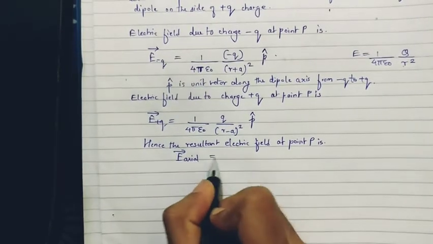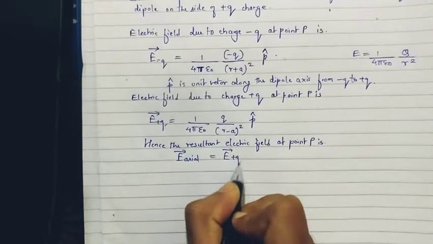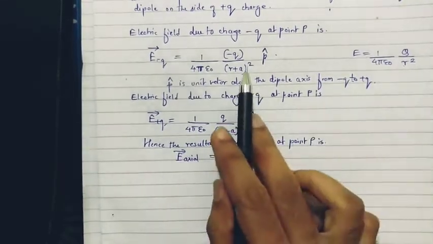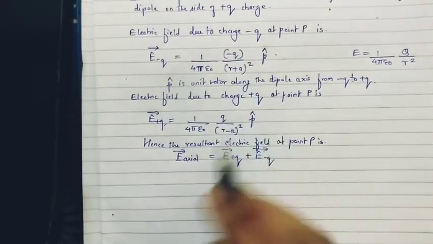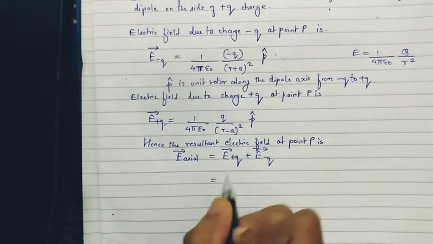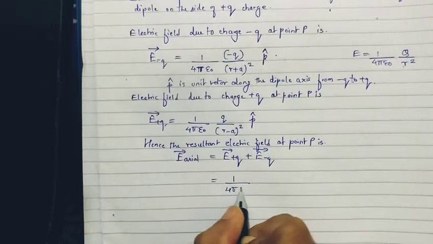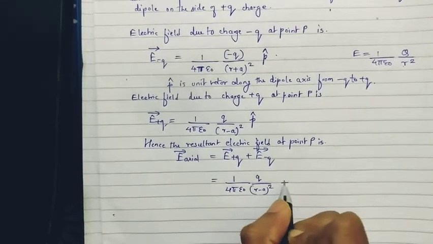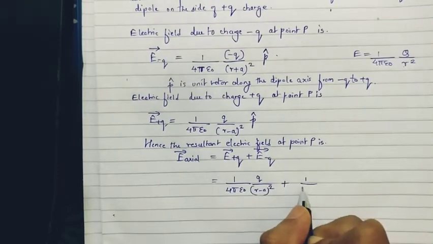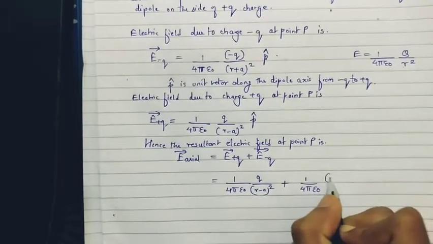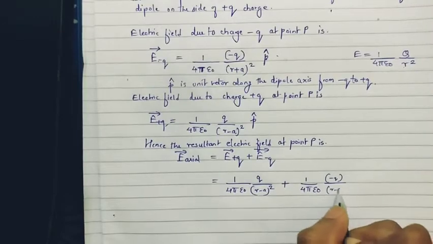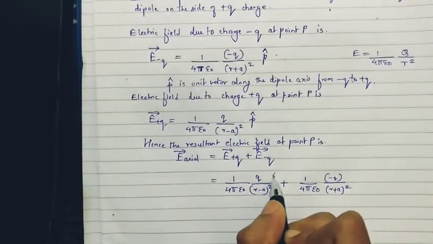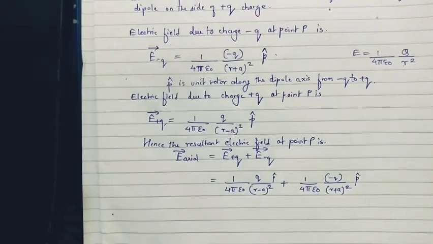Okay, so it's going to be E plus Q plus E minus Q. So we have the statements over here, we have the formula over here. Let's substitute it. So what you will get? 1 upon 4 pi epsilon naught Q upon (r minus a) the whole square plus 1 upon 4 pi epsilon naught minus Q upon (r plus a) the whole square, P cap and P cap. Okay, this is what you get.